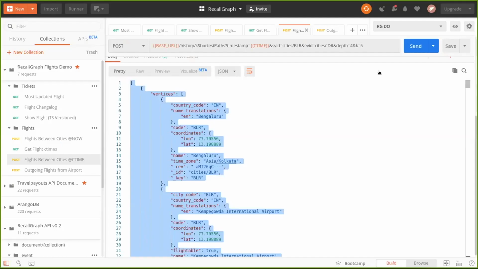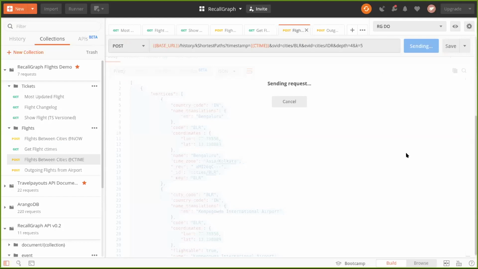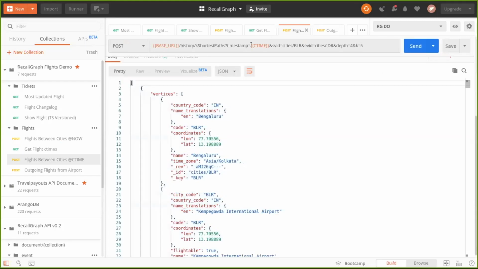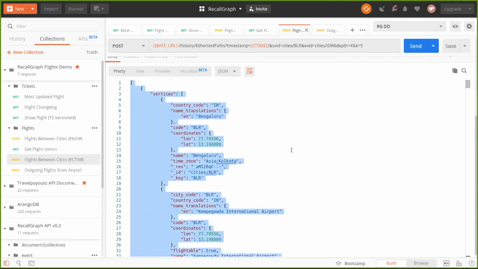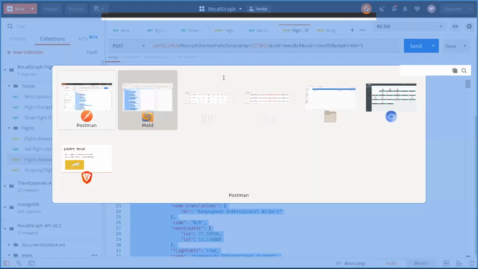And let me fire this query a couple more times. So we have seen in the visual comparison already that things are changing, and we'll also do a JSON comparison to see if we can find out something else. Every time in this query, as I said, it is sending a different timestamp parameter to RecallGraph, and therefore we are getting different results. Okay.